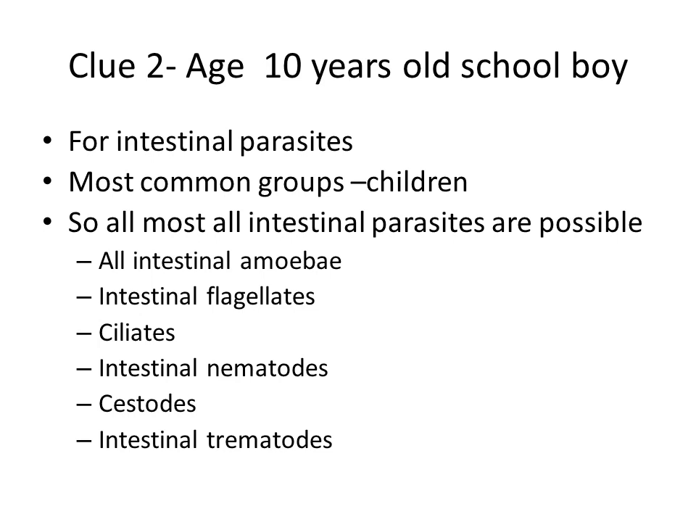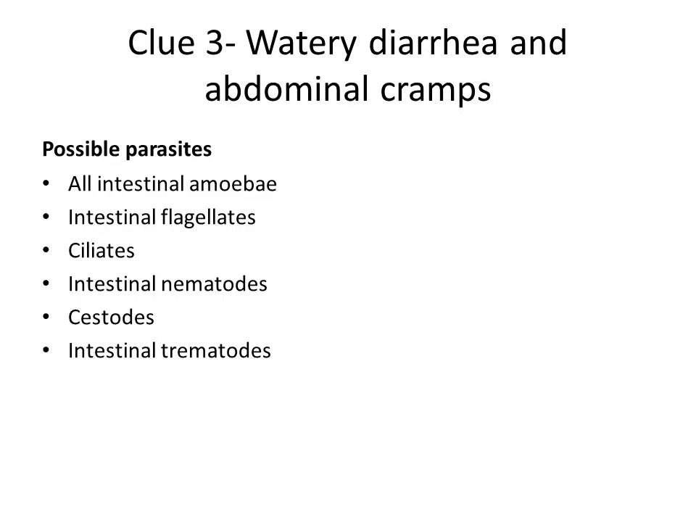By using the second evidence, for intestinal parasites, most common groups are affected. Children are the most affected group. So here the possible parasites are almost all intestinal parasites. So up to now we know there are 6 possible groups of parasites: amoebae, intestinal flagellates, ciliates, intestinal nematodes, cestodes and intestinal trematodes. So when we look at the third evidence,